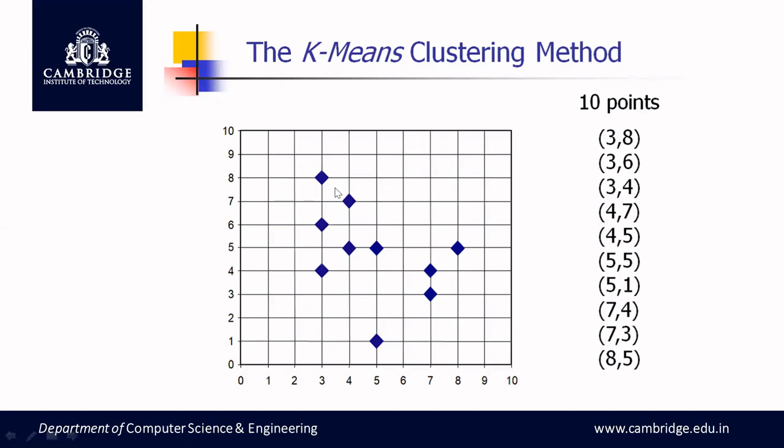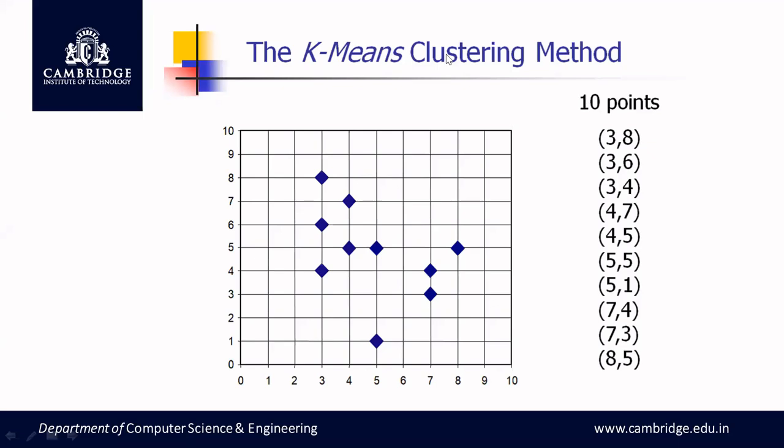So we have decided, since the data points are distributed, to use Euclidean distance, and each data point has its x coordinate as well as y coordinate. So these are the coordinates of 10 points. So what would be my next step? First step, okay, I have decided the nature of the data and I have also decided the distance measure to be Euclidean distance, right? So what will be my second step? What would be the second step?